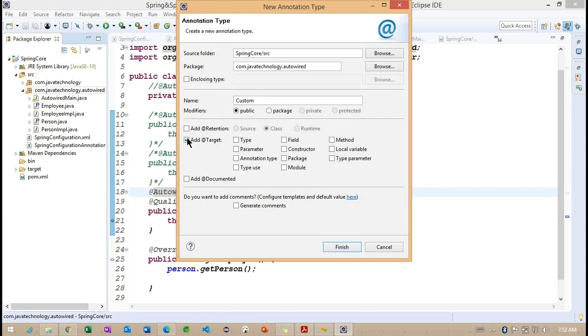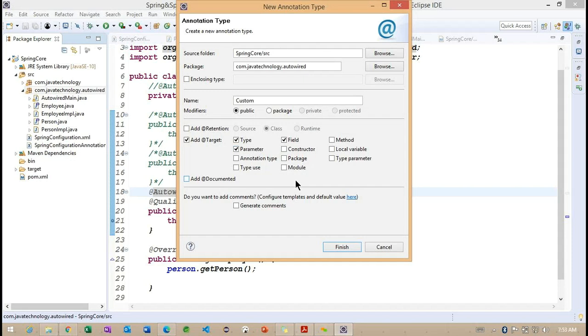Target information is nothing but where exactly we are going to use this custom annotation, on top of a type, on top of a property, so here we need to specify the type, and we can specify the field, and sometimes we are going to work on the parameter. Based on the requirement, we can specify the particular type here.